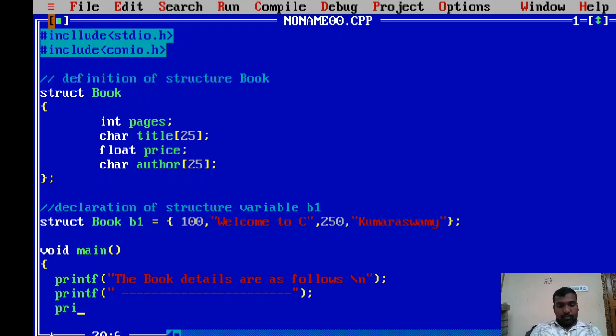Okay, so printf. I'm using the dashed symbol for decoration purposes. Now the author. Author is a string type, so that's why I'm using %s and b1.author. Try to write the same name that was given at the time of declaration of the members of a structure. Okay, now printf